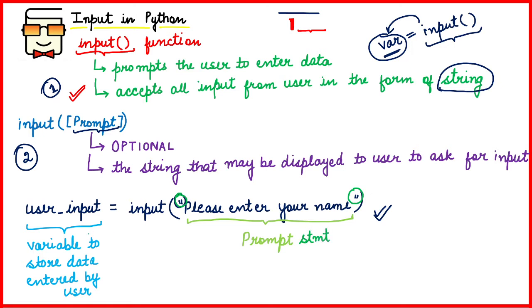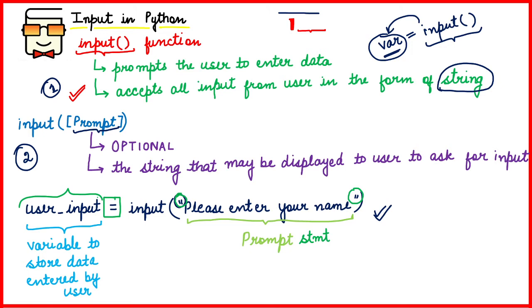Okay, so the complete syntax of the input function that is used to take some information or data from the user is: on the left hand side of the assignment operator, you first provide the variable in which you would be storing the information that you want the user to enter. Because if you are not storing that information, then there is no point of taking any kind of input. Because if you take an input, you generally use that input in your program.